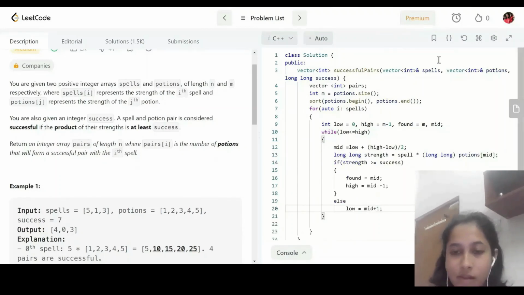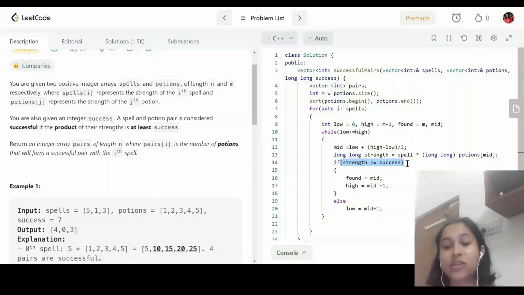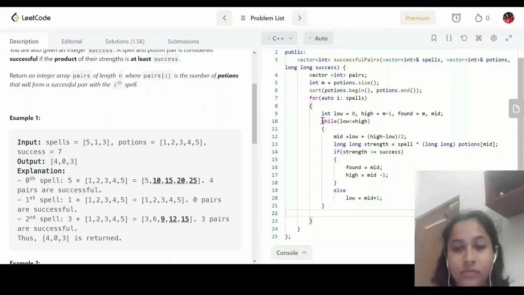Now I will write this condition. So if this condition is true, then the current minimum value, the index of the current minimum value I am storing in found, and I will assign mid minus 1 in high. And if this statement is not true, then I will shift low to mid plus 1.